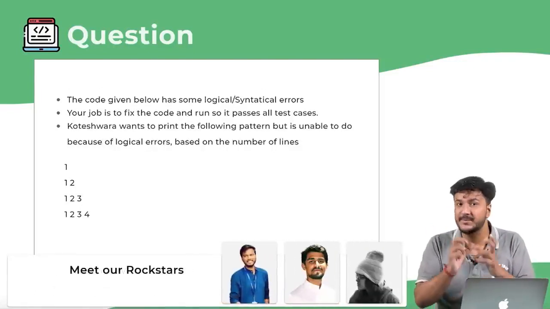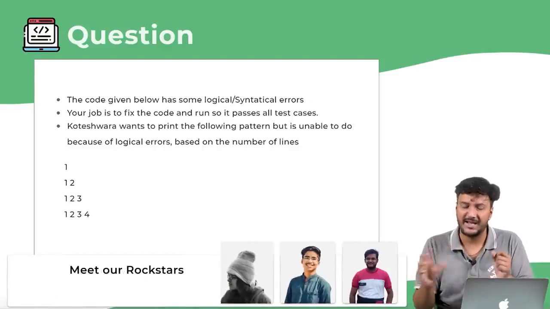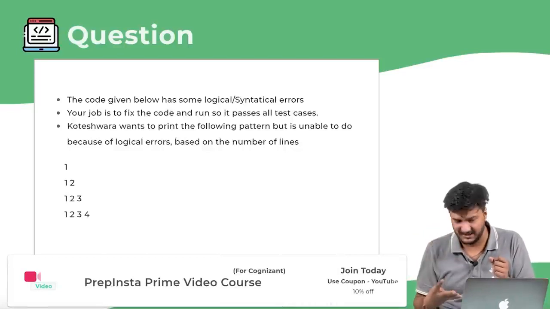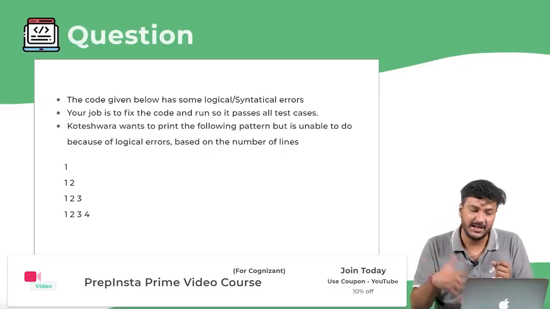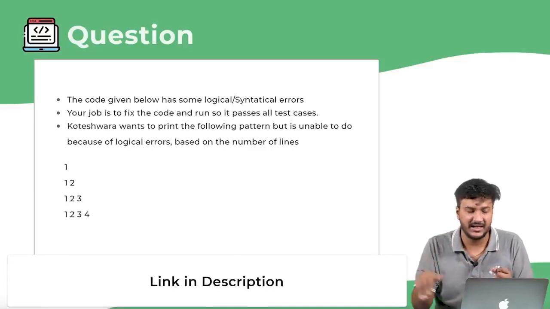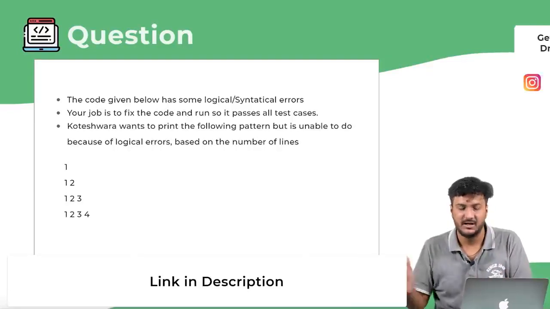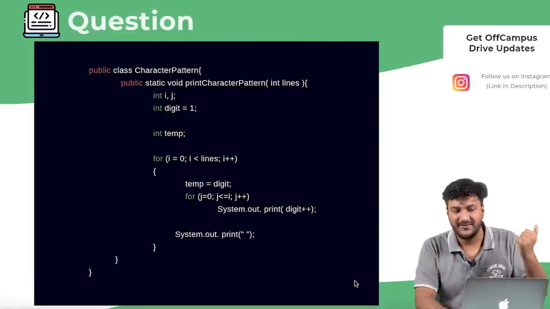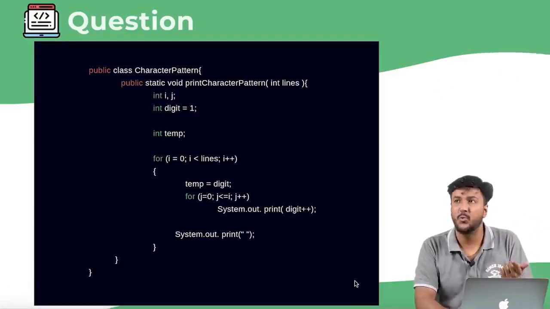They're also saying based upon the number of lines. So there's some parameter. So maybe in the case they pass 4 as a parameter, which is why 4 lines are printing. In the case if 5 was a parameter, there would be 1 additional line which would have 1, 2, 3, 4, 5. Right. So that's exactly what you have to do. Have a look upon this code. I will, in this particular case, give you 1 minute to solve this particular question.